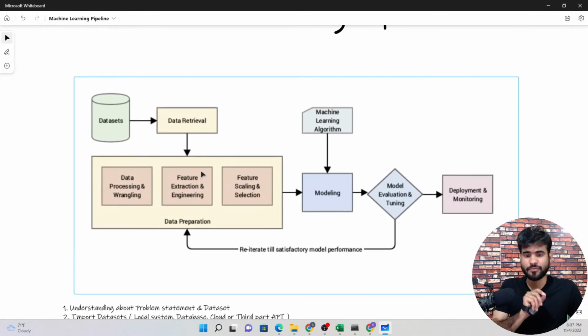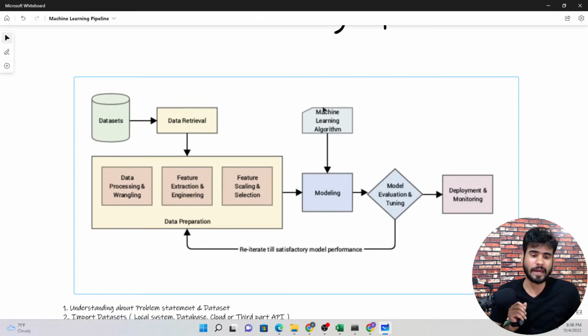feature extraction. Based on the data that we have, first of all we can do the feature engineering, and then we can find out the important features from our data. Because sometimes, let's say we have 10 columns, there is a chance only 4 to 5 columns are important for our project. So we can extract and find the important features from our data. The next step is feature extraction and feature engineering. Next we have feature scaling. After that we can do the data preprocessing and all, and then modeling.